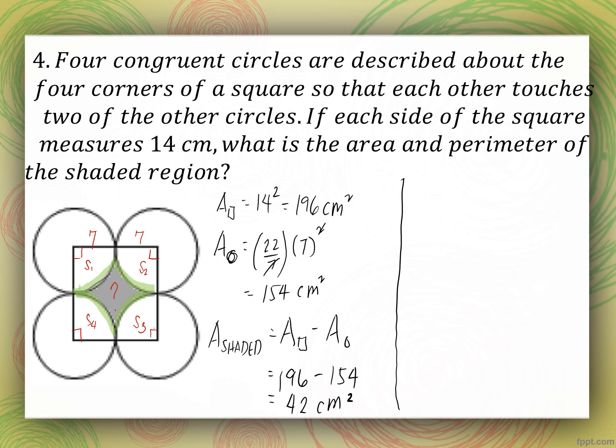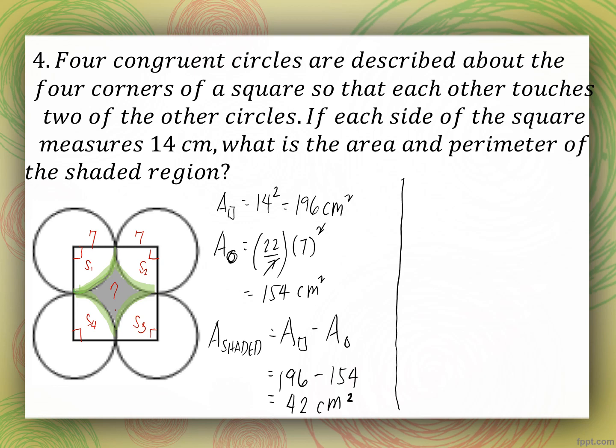Now, as you can see, the perimeter we are looking for is the combination of the arc lengths of the four sectors we have here: S1, the one we marked a while ago, S2, S3, and S4. So what we will do is just find the arc length of one of the sectors,